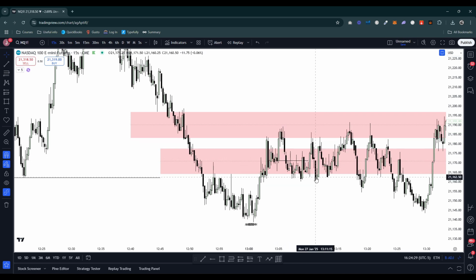I didn't like the up and down. I didn't like the disrespect of each PD array here. You see how we formed a bullish one? Disrespected it. You see how we formed a bearish fair value gap here? Bearish volume imbalance? Disrespected it. Again, bullish fair value gap? Disrespected it. Bullish fair value gap? Disrespected it. Bearish fair value gap? Disrespected it. So right before the new 15-minute candle opened, I ended up getting out for a very small loss